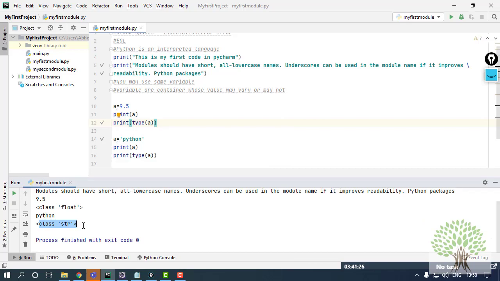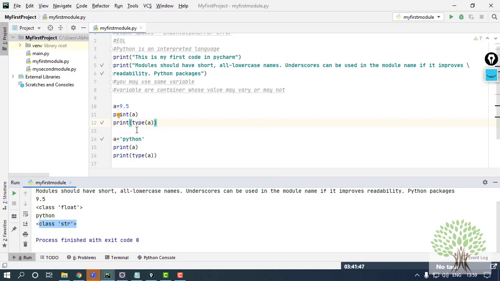This is a facility that Python provides by not forcing you to provide the data type before initializing the variable. Okay, so these are some of the benefits.